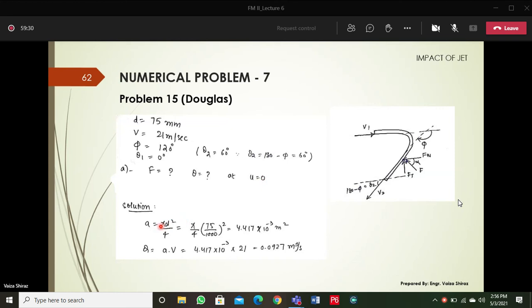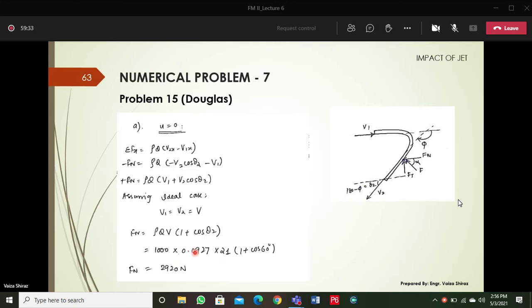So find out area and discharge. So part A, in which your plate is stationary. Apply the equation along x. ये अब देखिए यहाँ पे मैंने equation apply की हुई है. Okay. Finally, this is the equation. अगर आपको velocities की reduction given होती या v1 या v2 का idea separately दिया होता, then this will be your final equation. You will put the values in this equation and find out Fn.